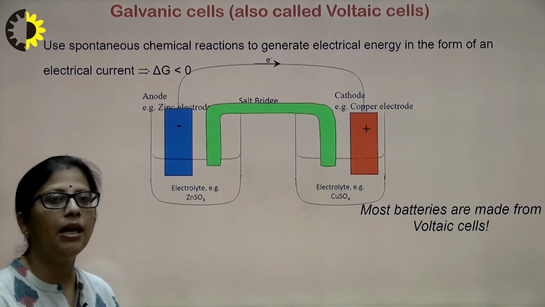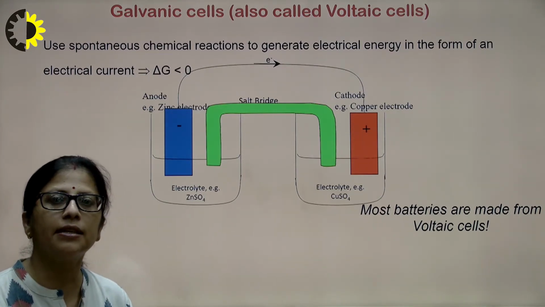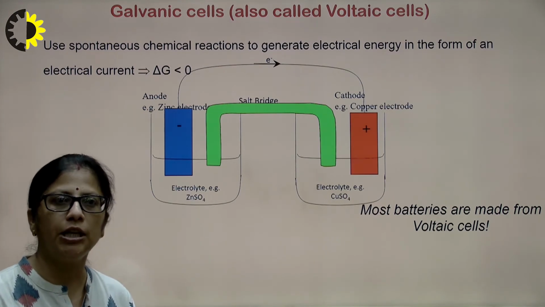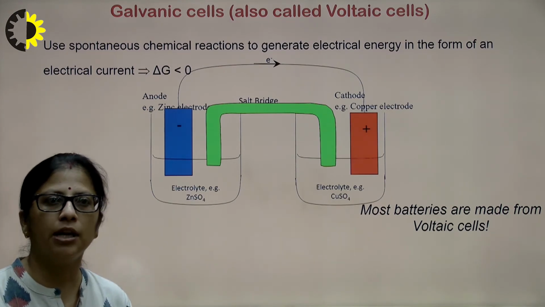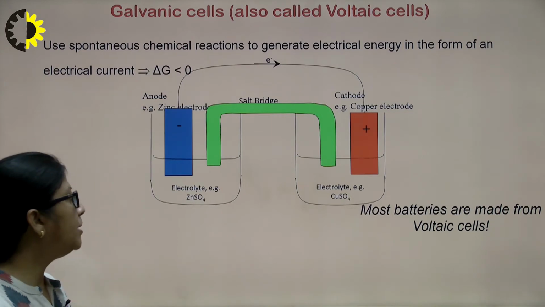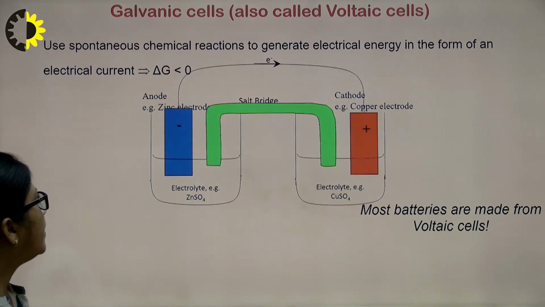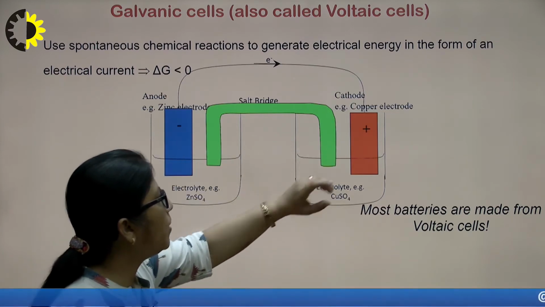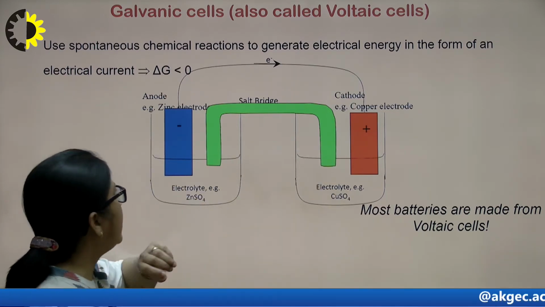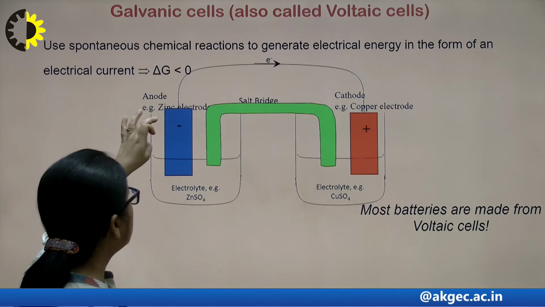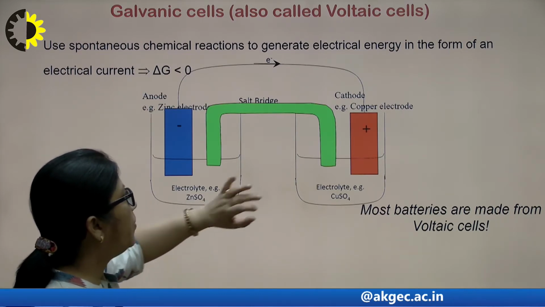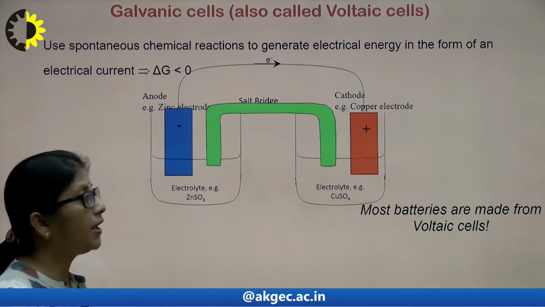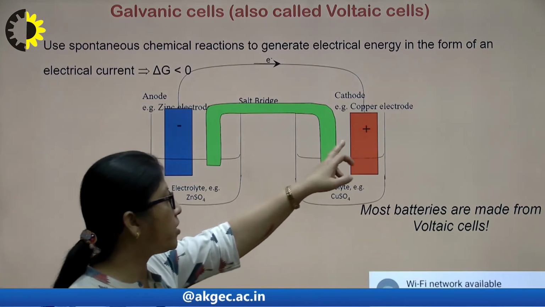This cell uses a spontaneous chemical reaction to generate electrical energy in the form of an electrical current. Here I have two electrodes, one zinc electrode and the other the copper electrode. My zinc electrode is the anode, whereas the copper electrode is the cathode. So, in the case of galvanic cells, the cathode is positive,